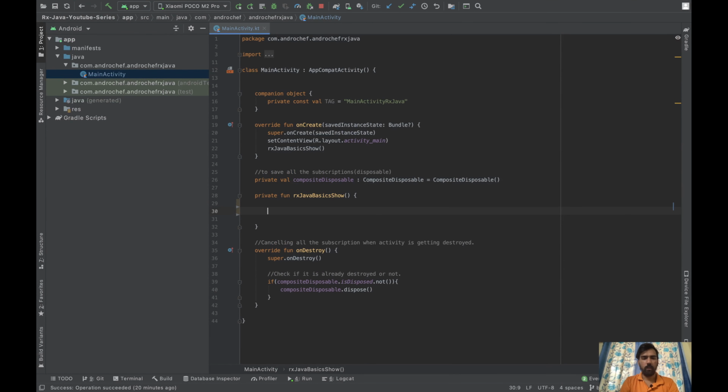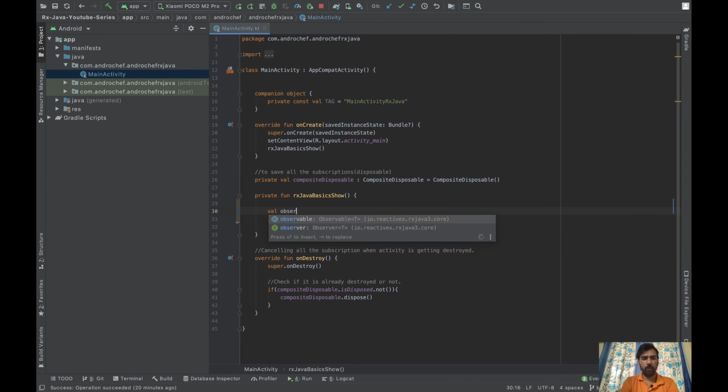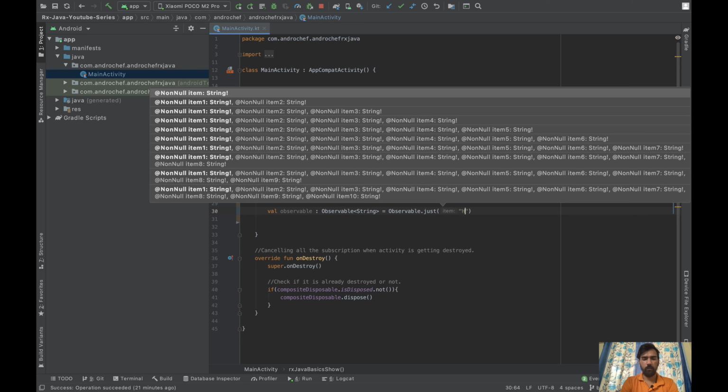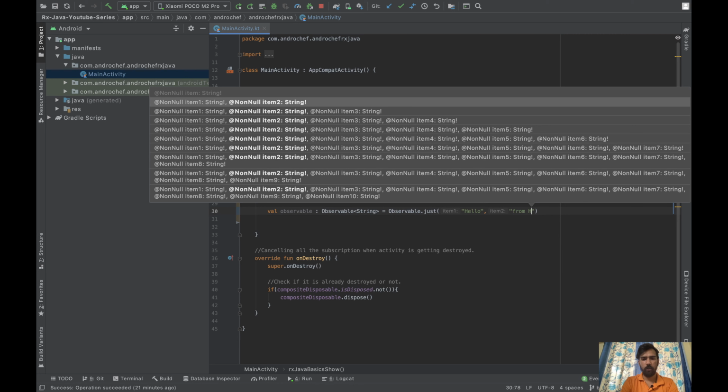First, we have the disposable. We'll create one observable of type String, and then we'll create one string data stream. In this, let's say we'll use just, and in this "hello", and the second string will be "from happy".